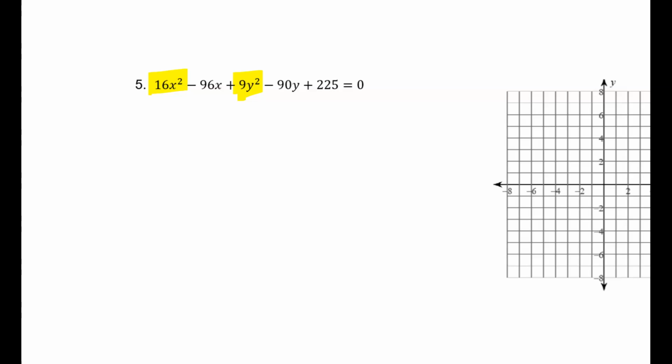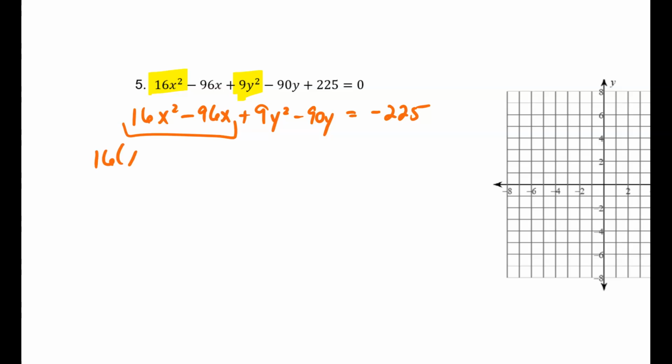A nice thing is they already grouped together our variables. We just have to move over a negative 225 to make it negative. So I'm going to go here and I'm going to go 16x squared minus 96x plus 9y squared minus 90y equals negative 225. All right, so we look at the first two. You factor out what's going to make the coefficient in front of your x squared 1. So this is going to be a positive 16 here. So I got to go 16 times the quantity x squared